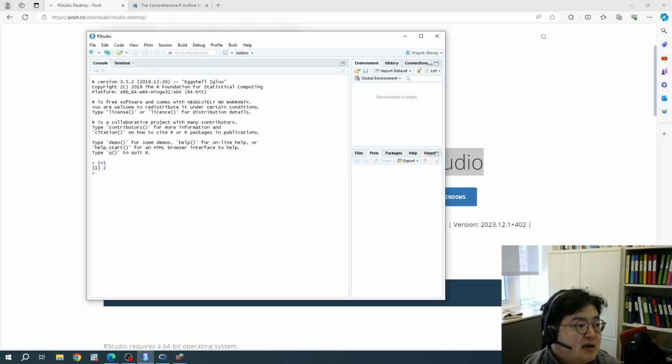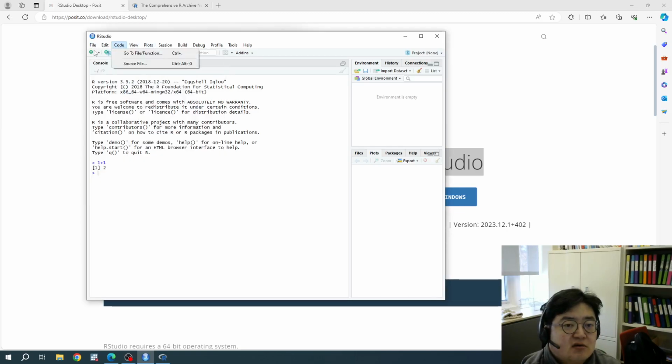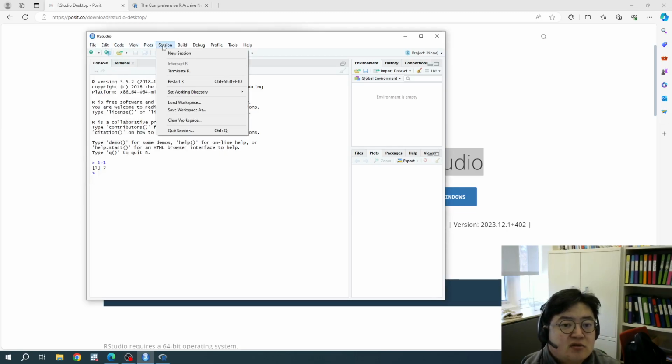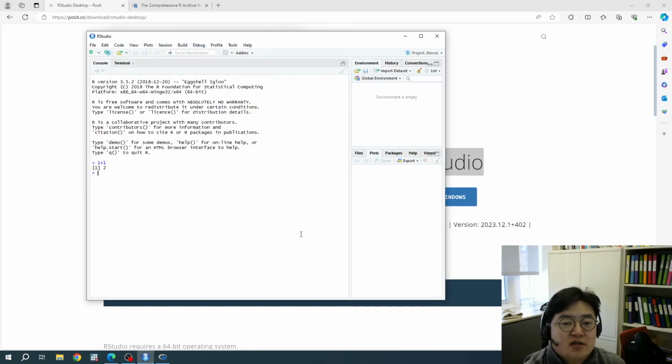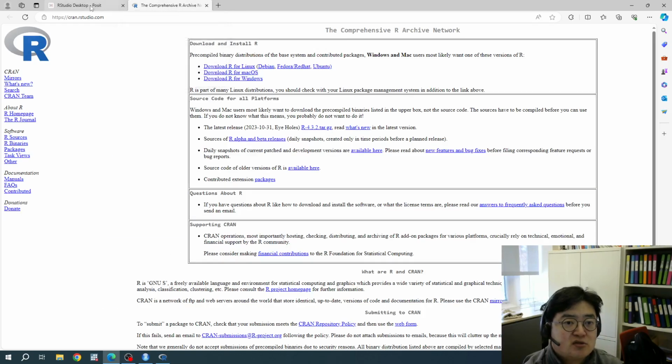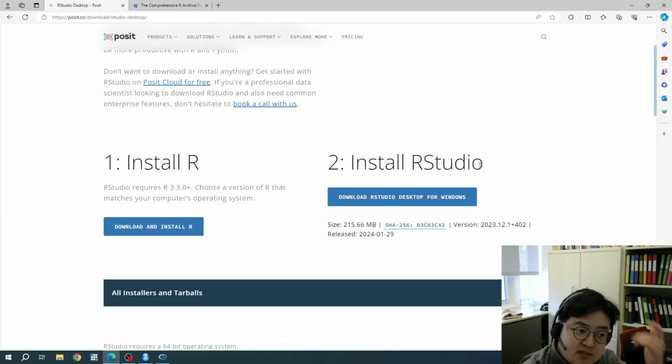You can change tabs, and you can click things. You can click the menu to do some basic commands, right? So it is much more convenient to use RStudio. So I recommend you to install this one. I'm not certain if RStudio is installed on library computers, but